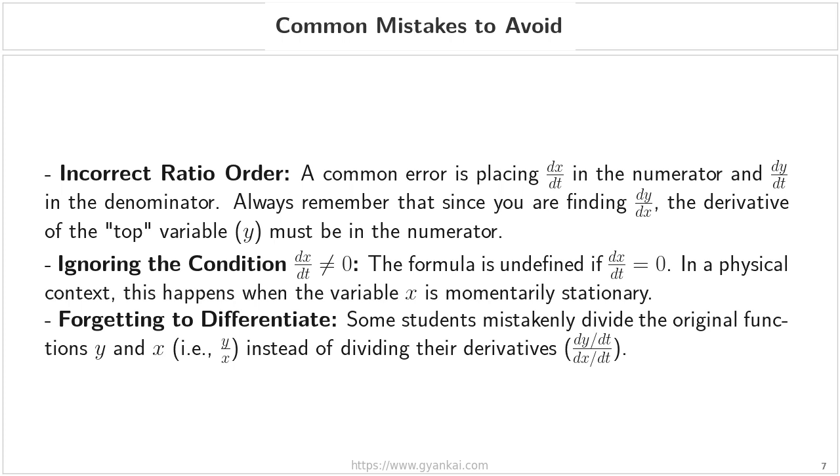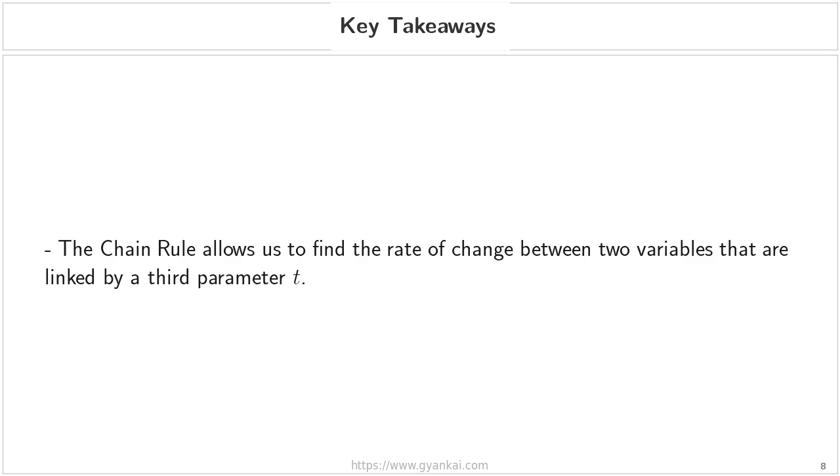Now, let's move to the final slide to summarize the key takeaways of this topic. Key takeaways. To wrap up our lesson, let's go over the key takeaways to ensure you have a solid grasp of this concept. First, remember that the chain rule allows us to determine the rate of change between 2 different variables, such as x and y, in cases where they are both linked by a third parameter, which is typically